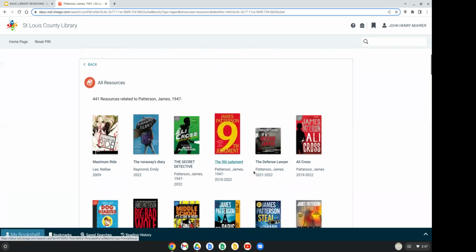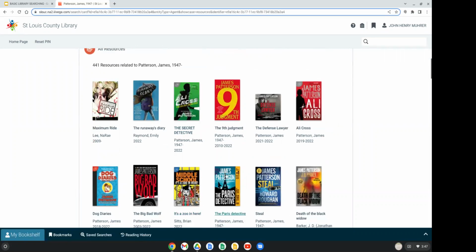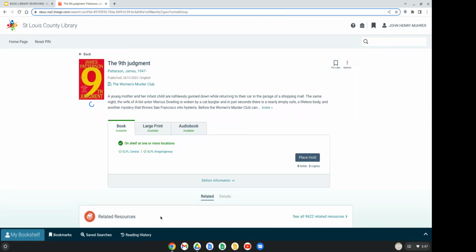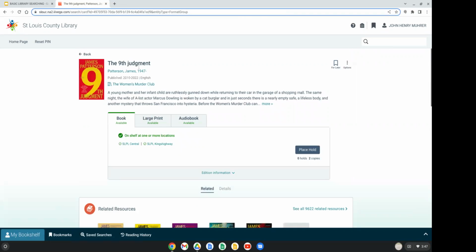So there's lots of books. James Patterson puts his name on things. He has other authors join in with him. Let's look at this particular book, The Ninth Judgment. Somebody asked, maybe said something about that. Let's look at that. I can see in this detailed listing for Ninth Judgment, we can see